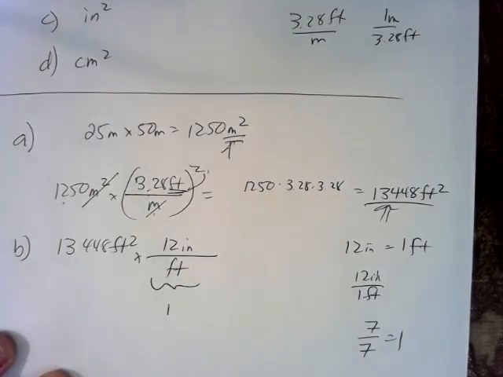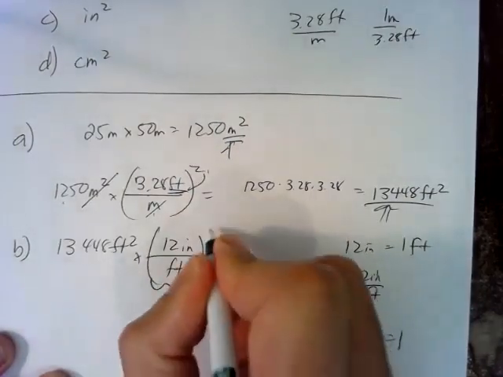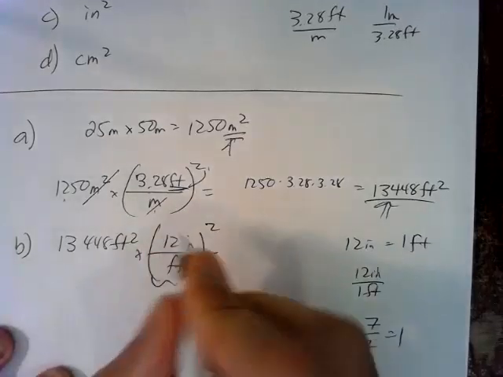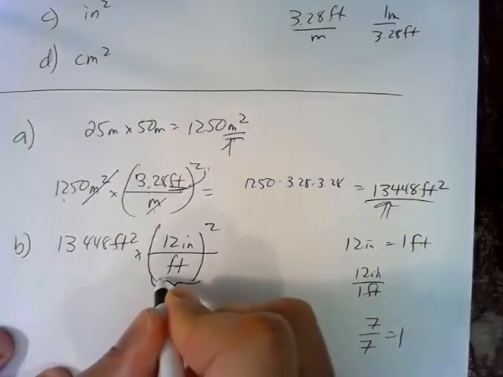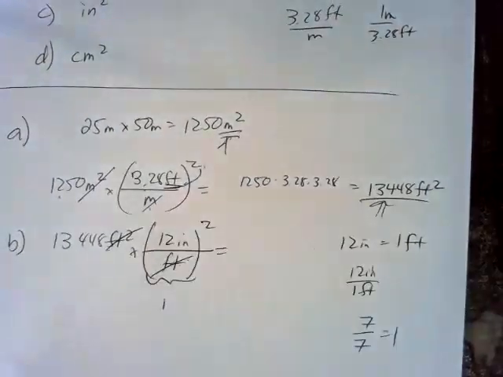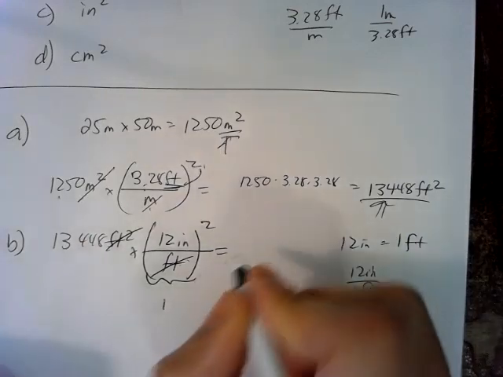So this is really a statement that's equal to 1. If we multiply by 1, we don't really change it. We're just expressing it in a different way. So we're converting it to different terms. 1 squared doesn't change the number either, but we have to square this to get the conversion correct in terms of feet squared, and get the units to cancel. So then we take 13,448 times 12 times 12, and we get